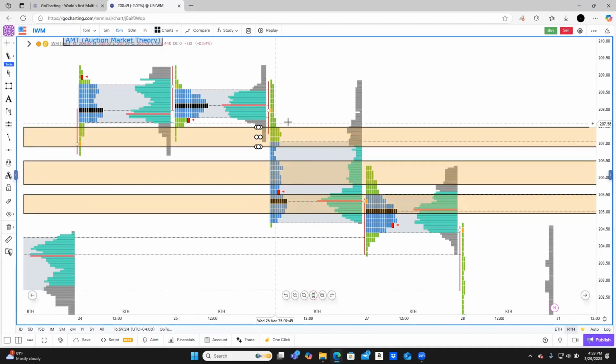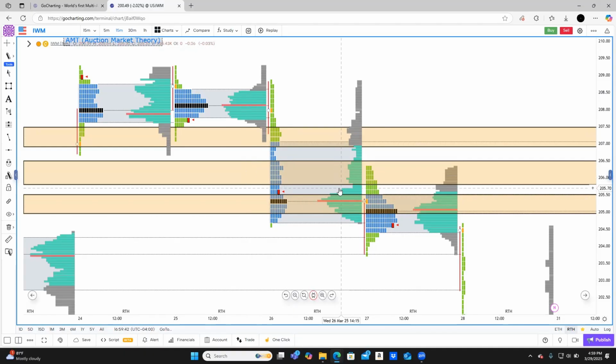Here, right? This one is slightly outside of the 70%. This one is actually inside of the 70%. And this is the second one inside of the 70%. One, two, three different fair value areas. Again, how do you play it? You fade from the top of the fair value or you buy from the bottom.